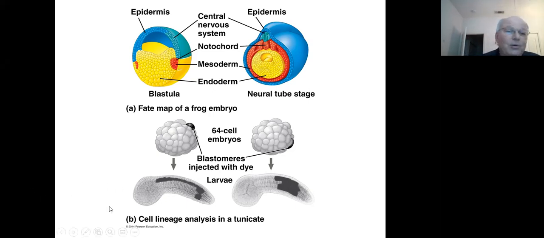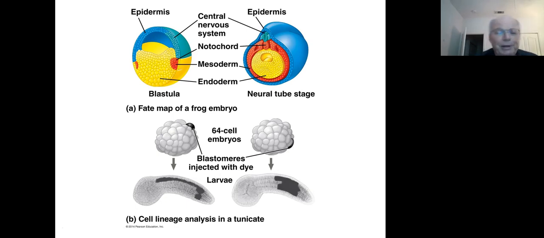Also, tunicates undergo a huge change in body plan from the larval stage to the adult stage, but more of that in chapter 34. So here are the daughter cells of this cell in this early blastular stage. And you can see that they are the daughter cells because they contain all the dye. If we inject the dye into this cell, these are the daughter cells of that cell in the larval stage. So we have the ability to track